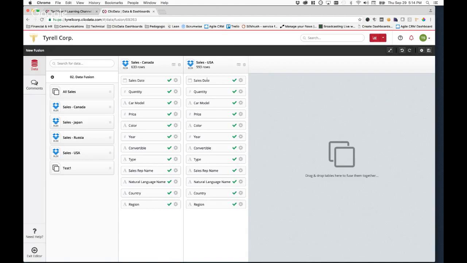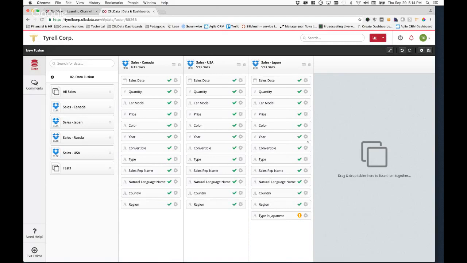What we do is we automatically match the columns by name. But it happens sometimes that an affiliate will go in and add a new column, maybe because of language, as is the case here, in which case we have an extra column. And our Fusion says, well, I can't find this column, so it will be ignored. We're not going to bring it into the data set because we don't have corresponding data across.